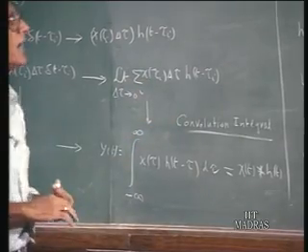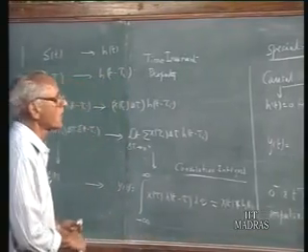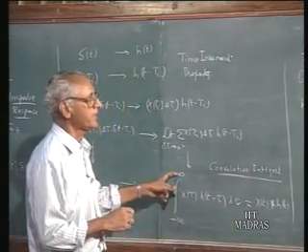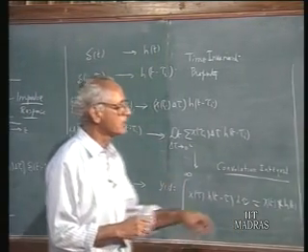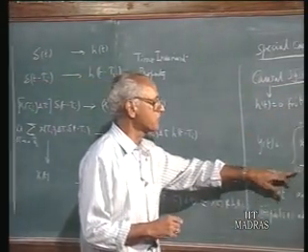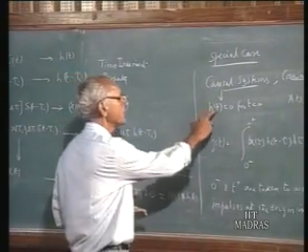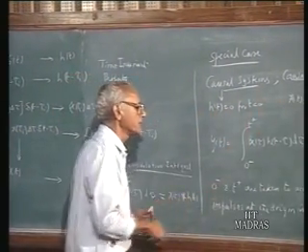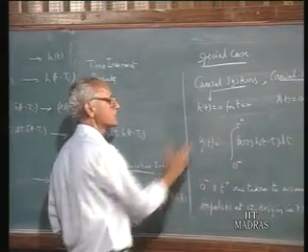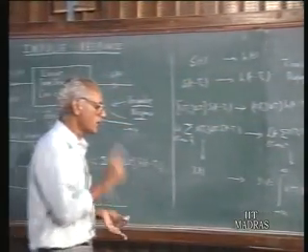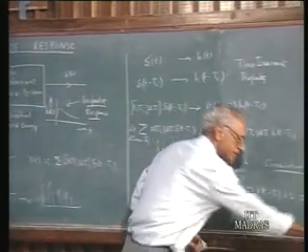And in particular, when we are talking about causal systems with causal inputs, the limits need not be from minus infinity to plus infinity as it would be in a general case, but in the particular case of these type of systems, between 0 to t. In particular, we may have impulses at the origin both in h of t and x of t. To take care of them, you must take the integration from 0 minus to t plus, otherwise only half the impulse will be taken into account. Now let us work out a few examples to illustrate these ideas.